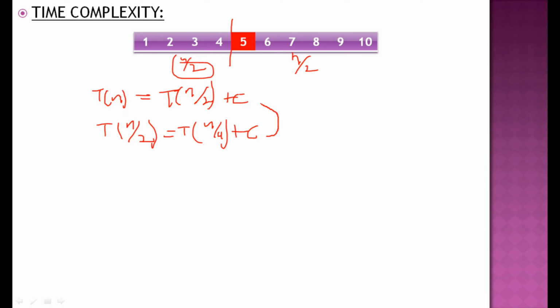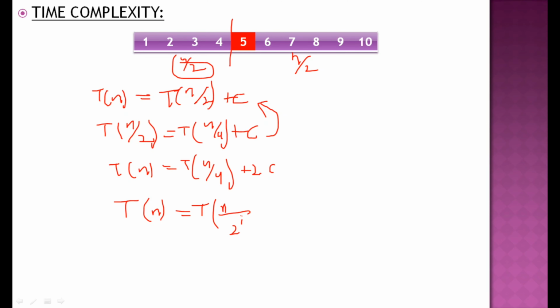We substitute this equation in the earlier one, so the whole time complexity T of n equals T of n by 4 plus 2c. In this way all the elements are substituted, so we get the equation in the form T of n equals T of n by 2 to the power of i